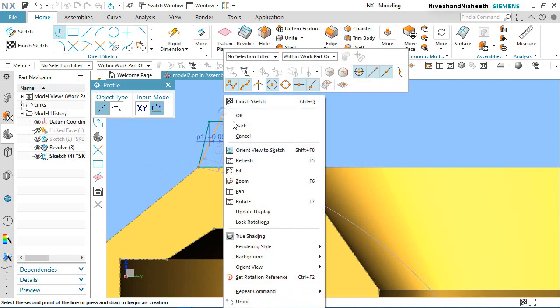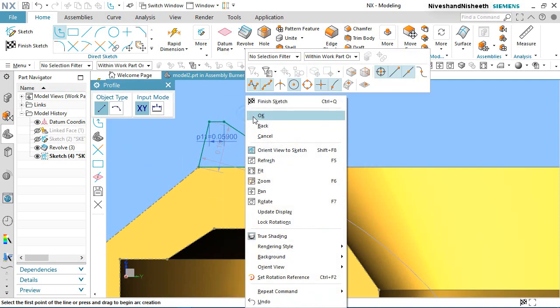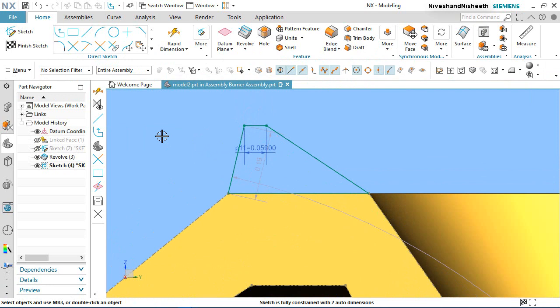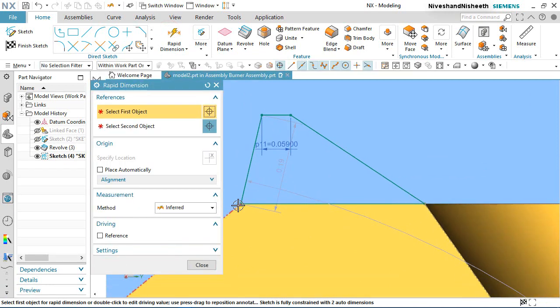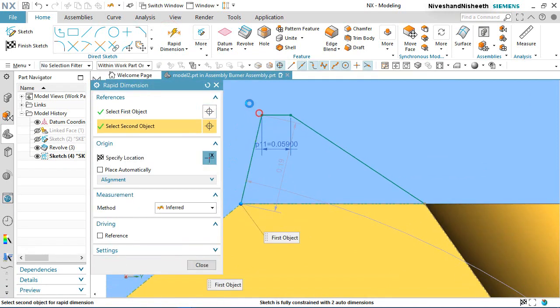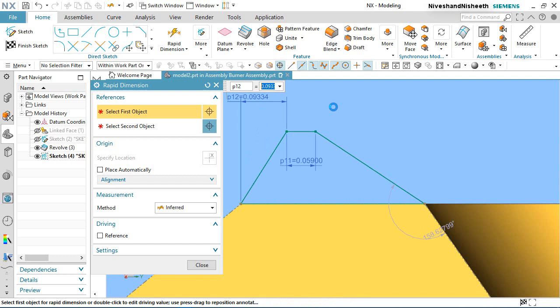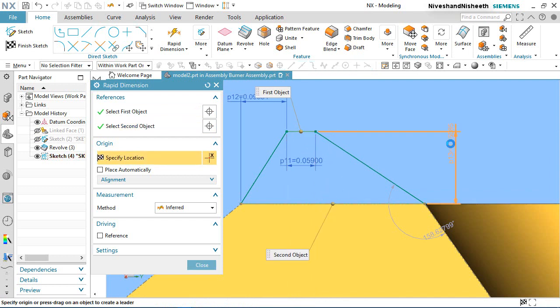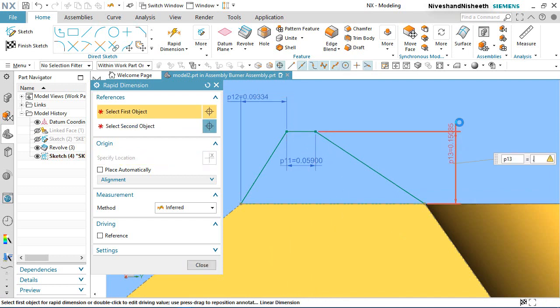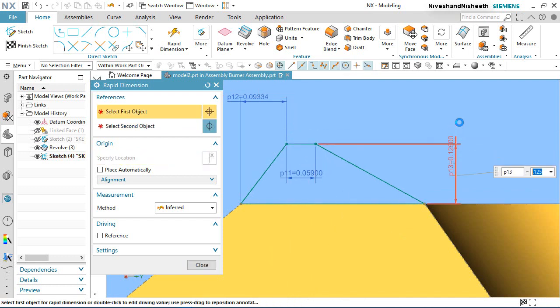Apply the dimensions on this profile. 0.09334 inches, and apply the dimension between these two lines, 0.125 inches.